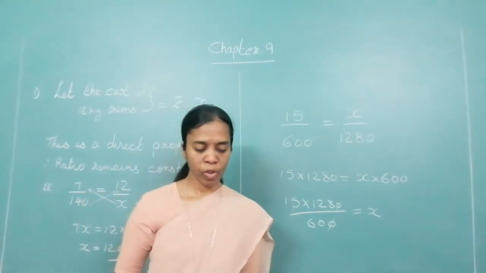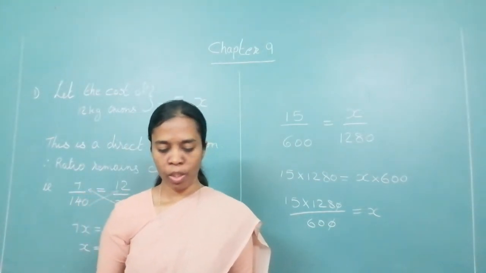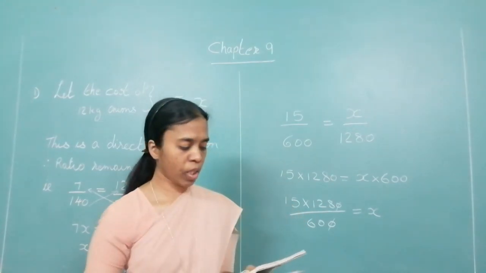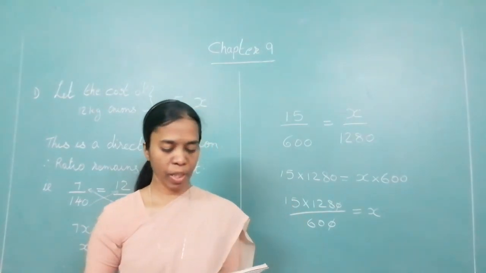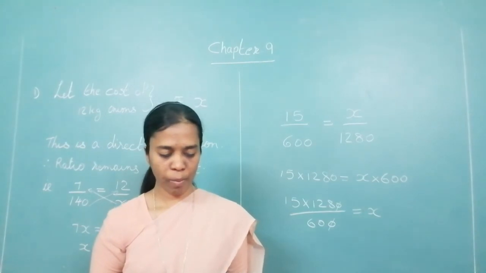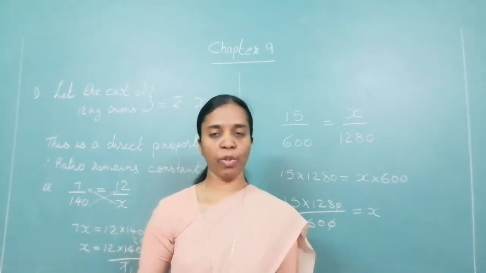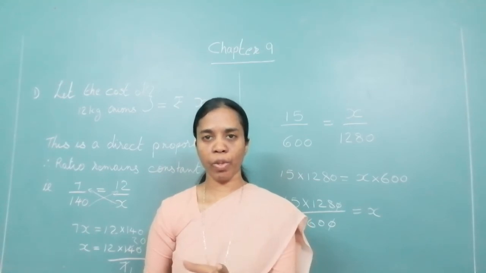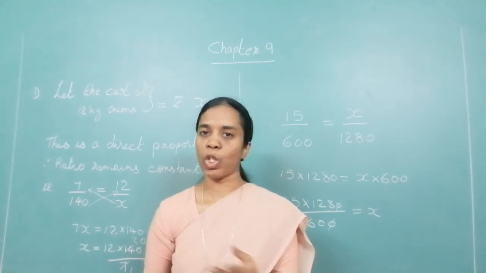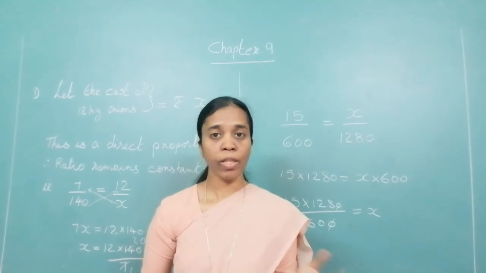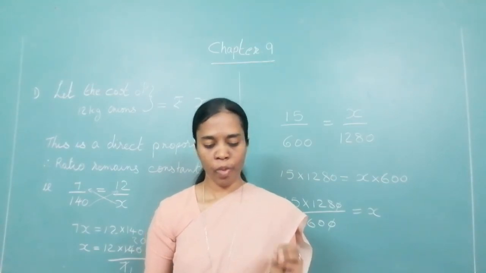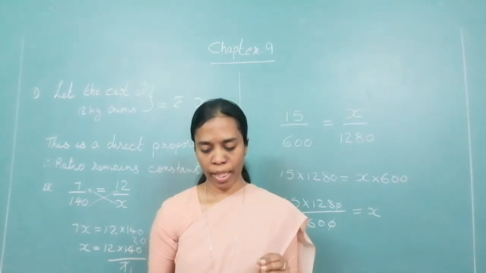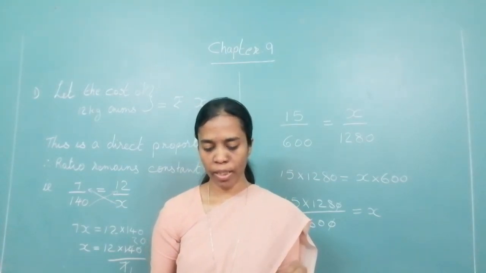Third one. For 9 cows, 13 kg 500 gram of food supplement is required every day. In the same proportion, how much will be needed for 12 cows? It is like for 2 children, this much food we have to give, so for 10 children, how much? Surely it is more, isn't it? So this is a direct proportion. How do we solve it? What are we supposed to find out? We have to consider it as X.